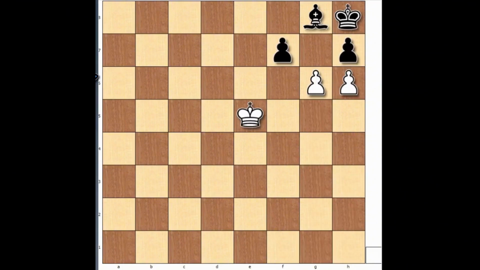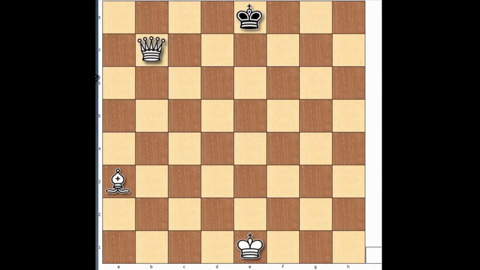Are you playing with the white pieces? Then analyze this position. The king is in the corner of the board. This square is being controlled by our pawn, which will be the helper for this other pawn that will deliver